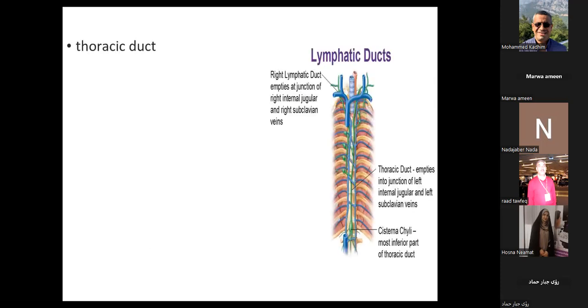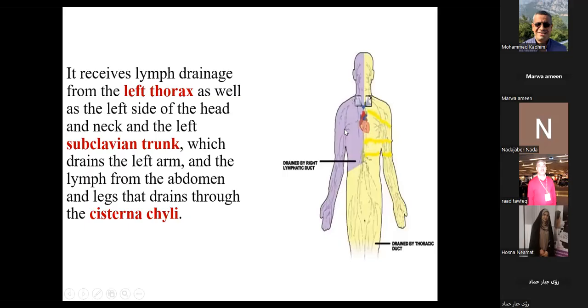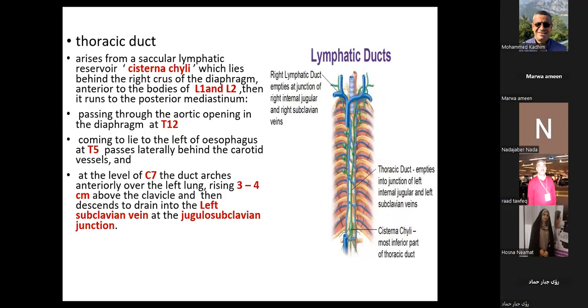Lymphatic duct. At the right side, we have the right lymphatic duct, and at the left side, we have the thoracic duct. The thoracic duct arises from the cisterna chyli, a lymphatic reservoir which lies behind the right crus of the diaphragm, near the bodies of L1 and L2. Then it runs to the posterior mediastinum, passing through the aortic opening at the level of T12,